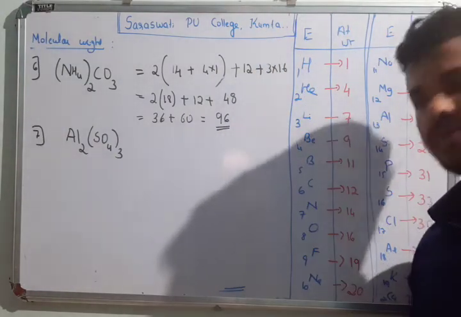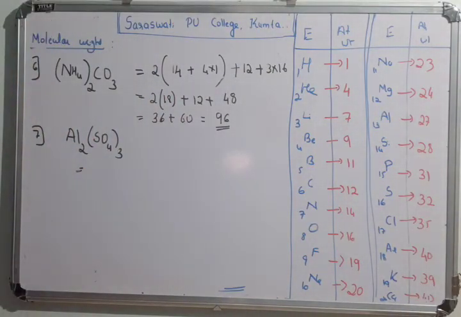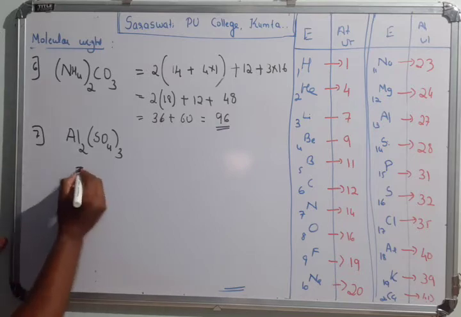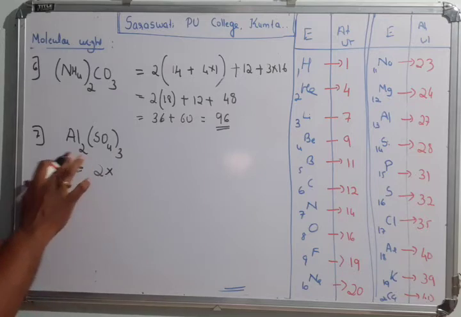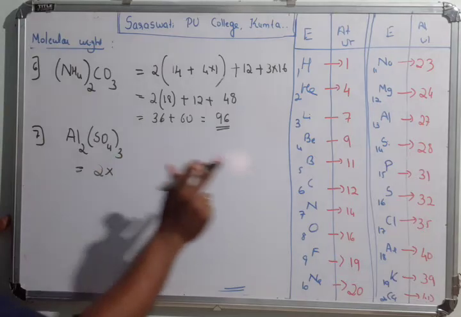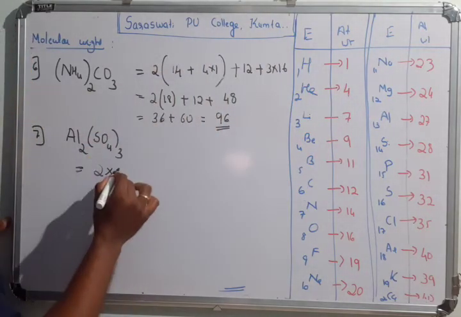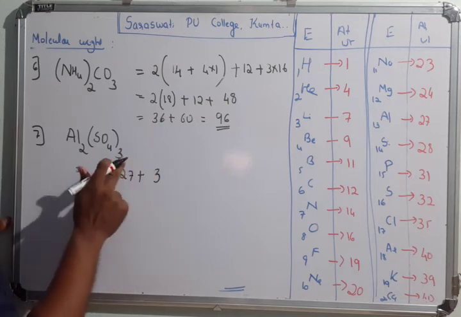Very simple, right? Now we'll calculate the last one, and we will end up. And those who want more examples, you can contact, and then I'll give. So 2 times of. First one, let's give. There is no such thing as bracket or something here, so no need to worry. So 2. Aluminium mass is mentioned over there, that is 27. Plus, now put the bracket. Now just separate it.